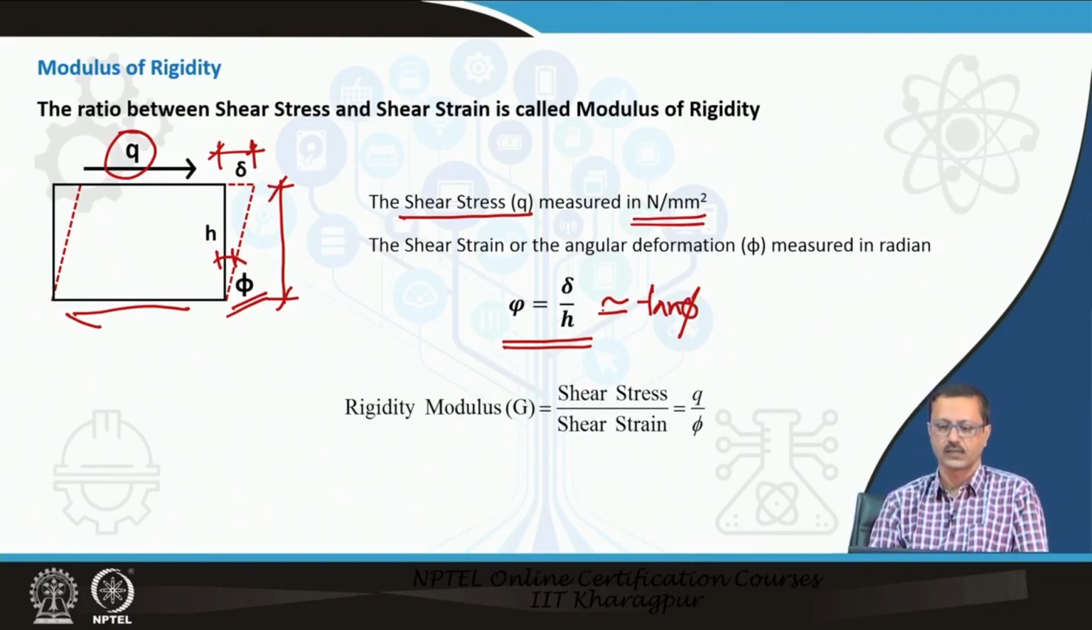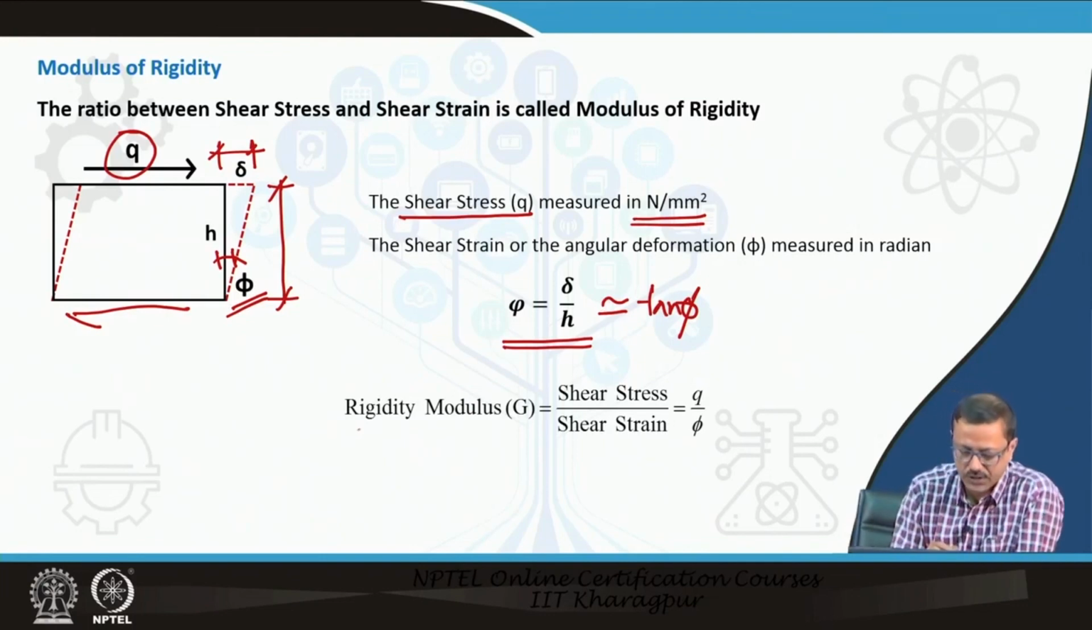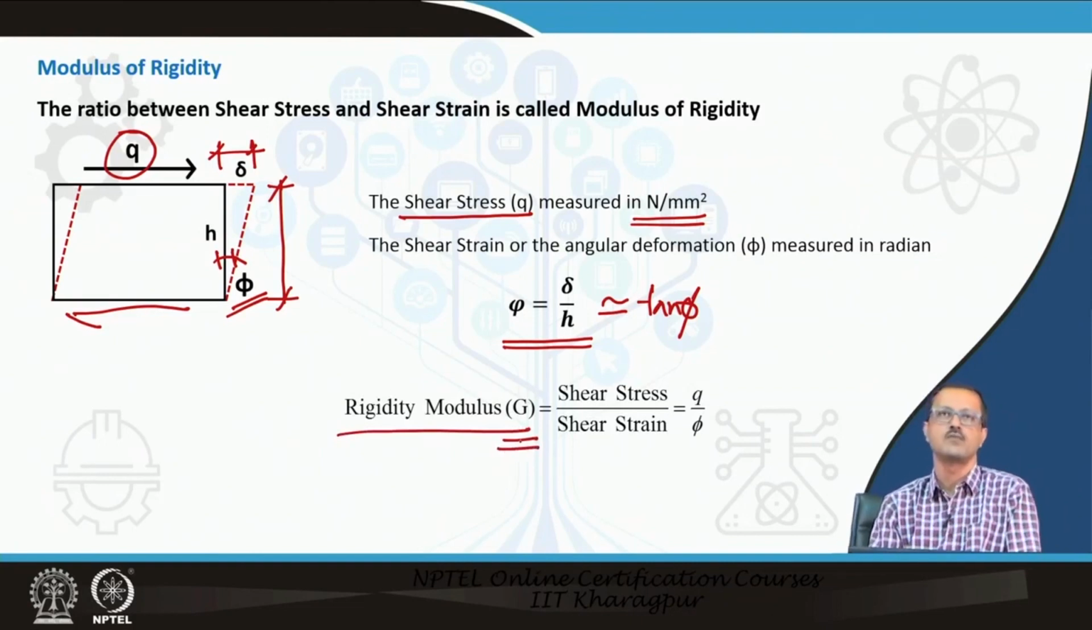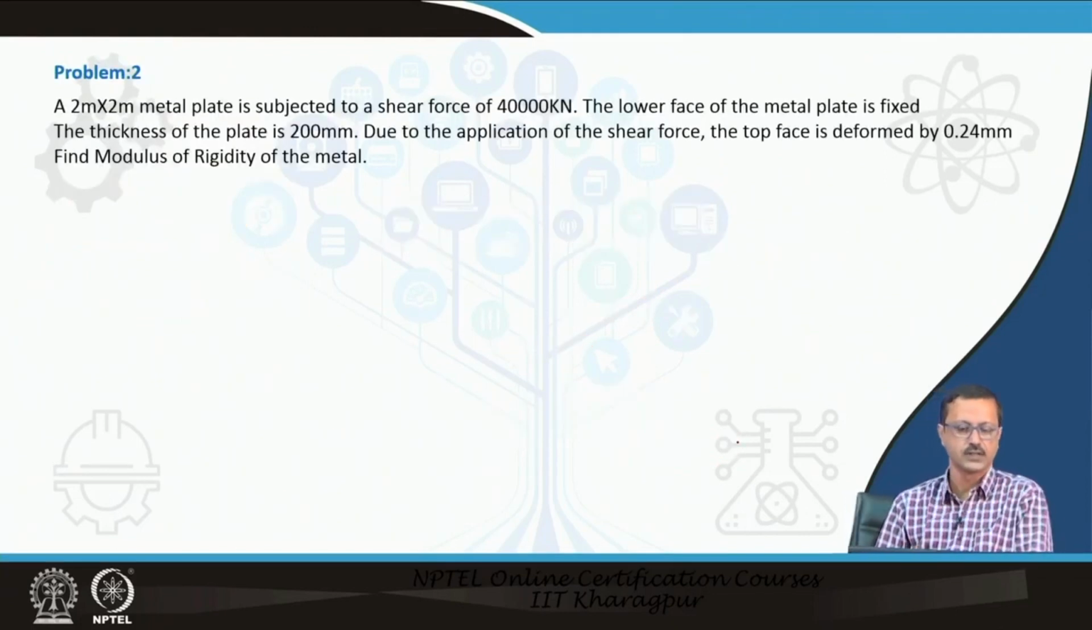So, then we can write that tan phi is equal to phi, if it is very small. So, the rigidity modulus or the shear modulus is expressed as G. If you remember, we expressed the Young modulus as capital E, and this is expressed as capital G, shear stress Q by phi. So, that way this has been developed, and this is another problem number 2,